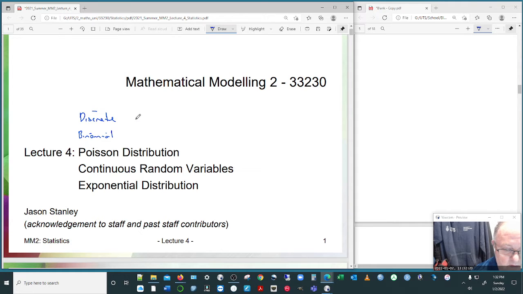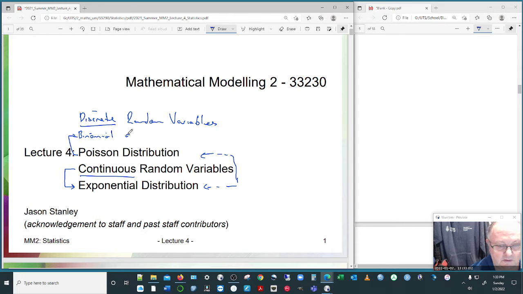So it's no coincidence, discrete random variables, and now we're going to be having a look at another discrete distribution. So the binomial and the Poisson are counting distributions. Then we think about continuous distributions and have a look at the exponential distribution, but there's a complication here in that these two are kind of linked in a way. Certainly they're used in sessions and examples in a way. So we kind of cross some land here where we're jumping between discrete and continuous. So please just keep that in mind.